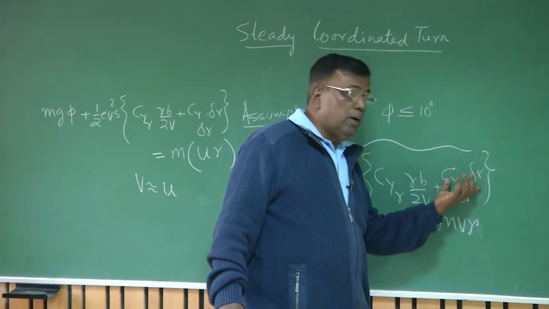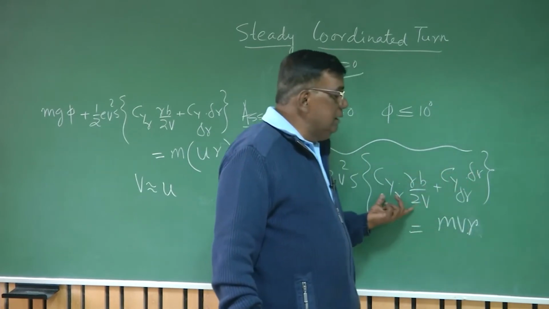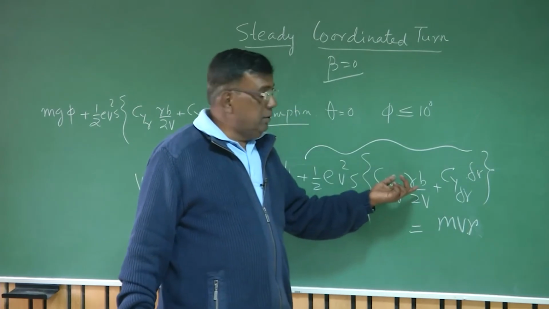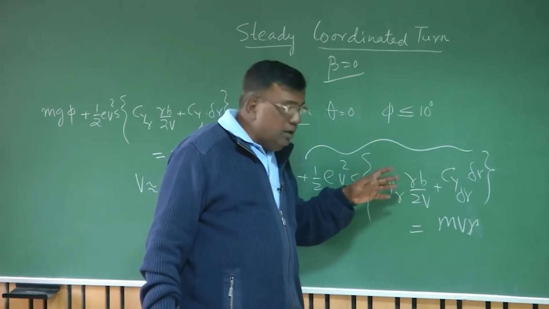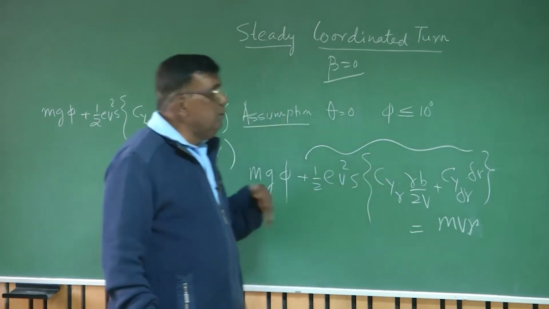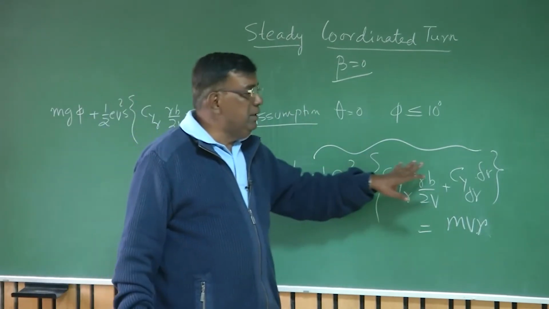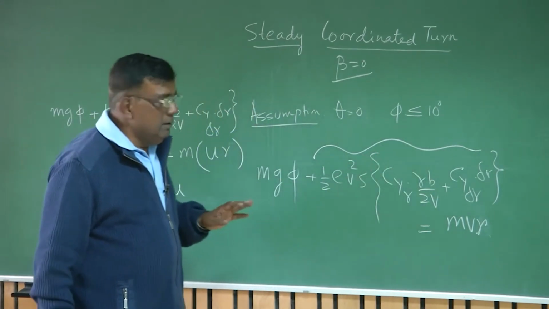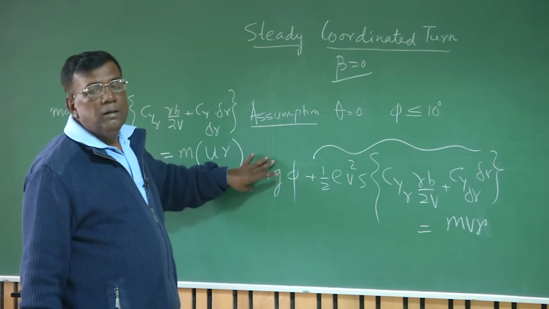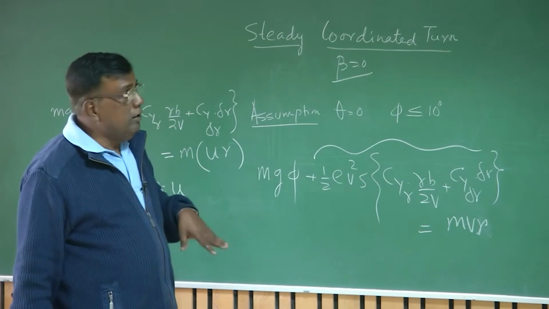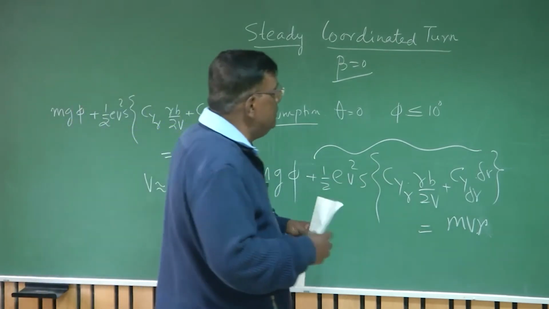So this is a force component from the rudder, and because of the yaw rate, there is a side force coming. It's not a bad idea to see what happens if I say, gentlemen, this force component is not very appreciable compared to the force coming from the weight component, which is at a bank angle of phi. So if I neglect this,